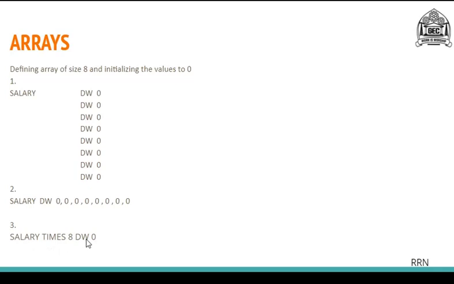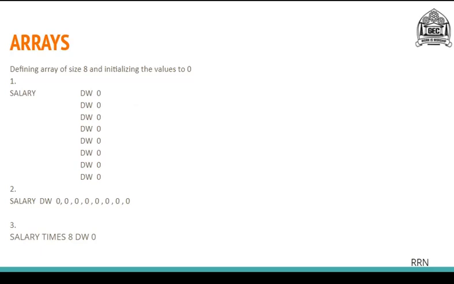So in this statement, an array will be created and all 8 items in that array will be initialized to 0. So these are the 3 ways in which you can define your array in assembly language programming.